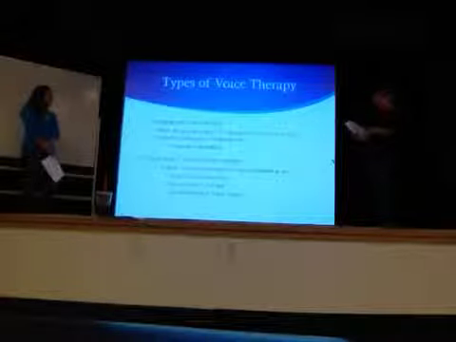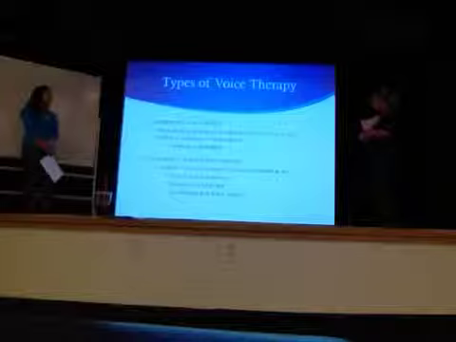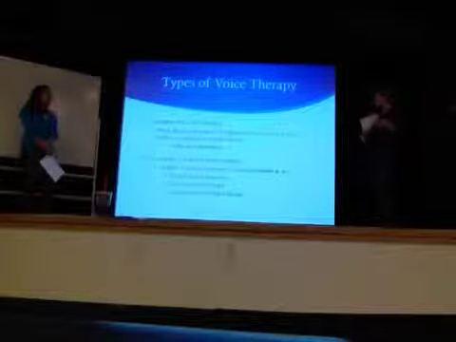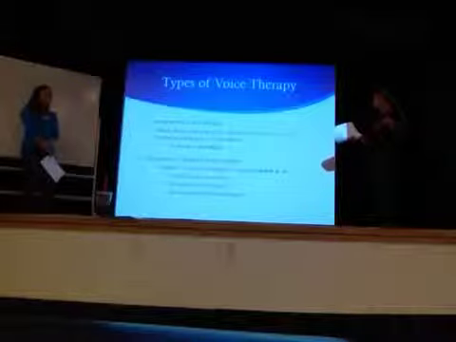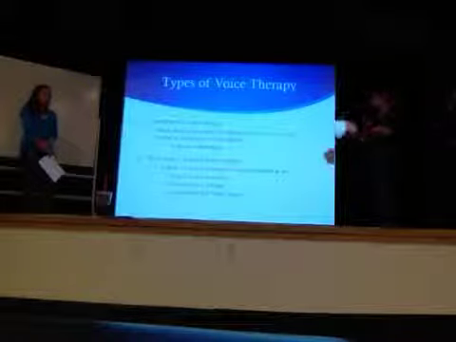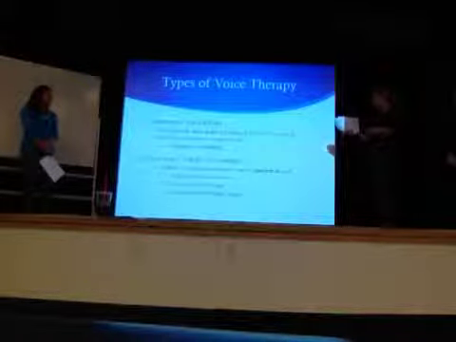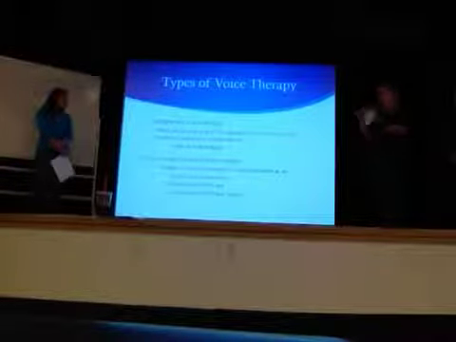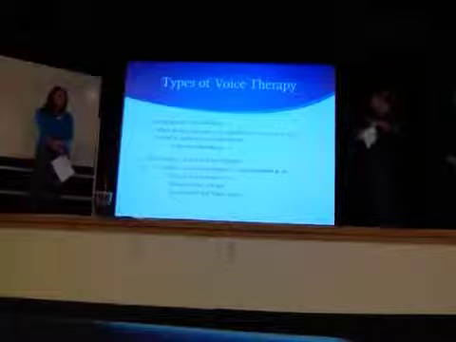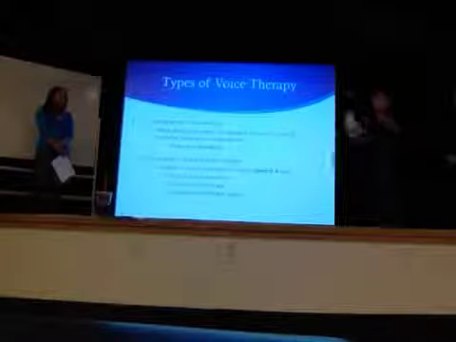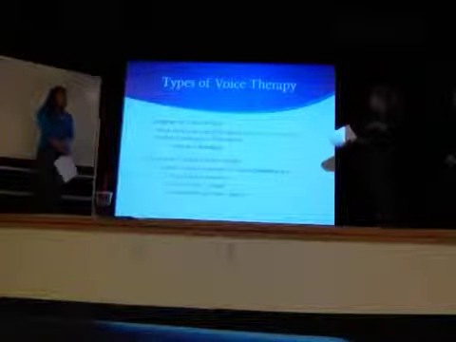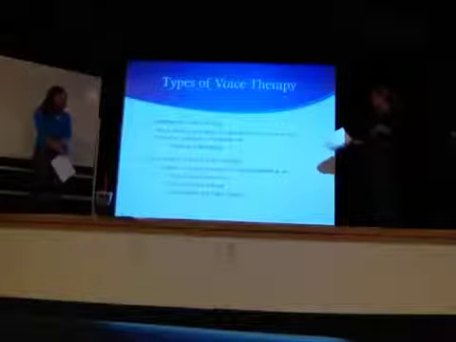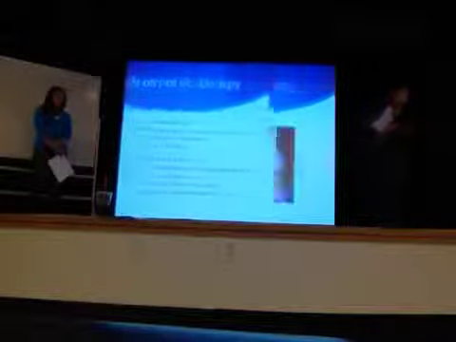And then there are 2 different types. There's symptomatic voice therapy, in which you work directly on just one component, whether it's the pitch, loudness, resonance, or respiration. An example of that is respiratory retraining. And physiologic holistic voice therapy is where you're balancing 3 subsystems of voice production at one time. So for example, you'd use the vocal function exercises, resonant voice therapy, and accent method of voice therapy.